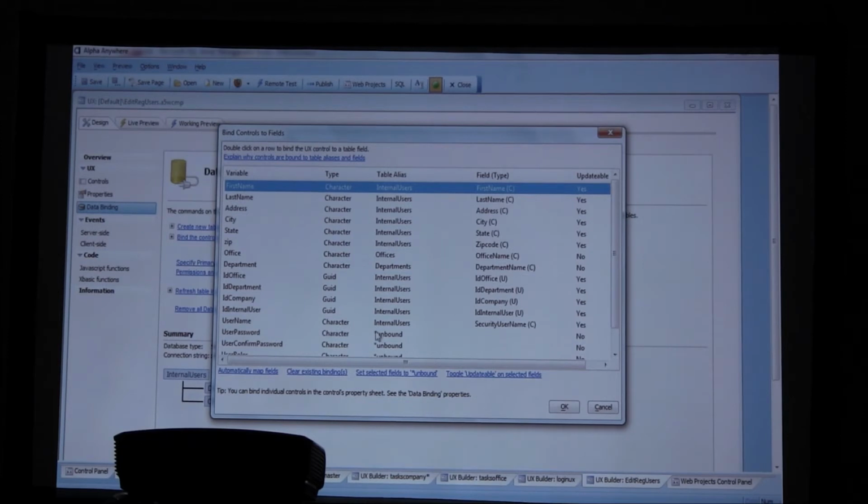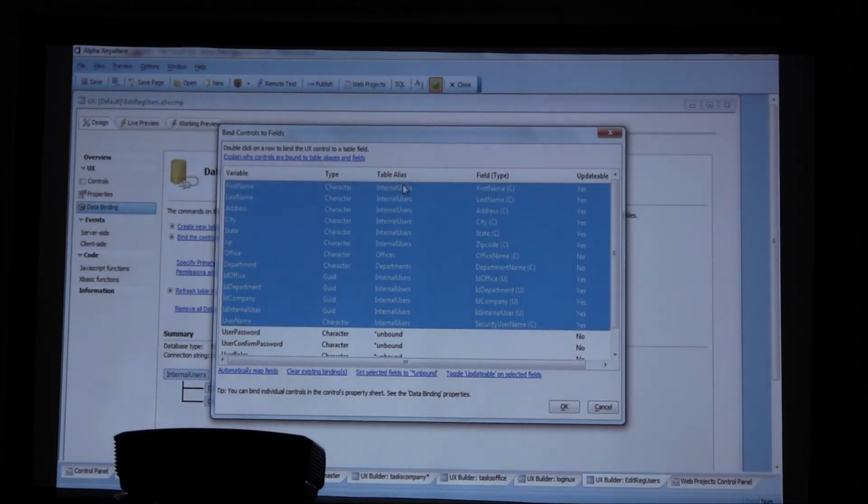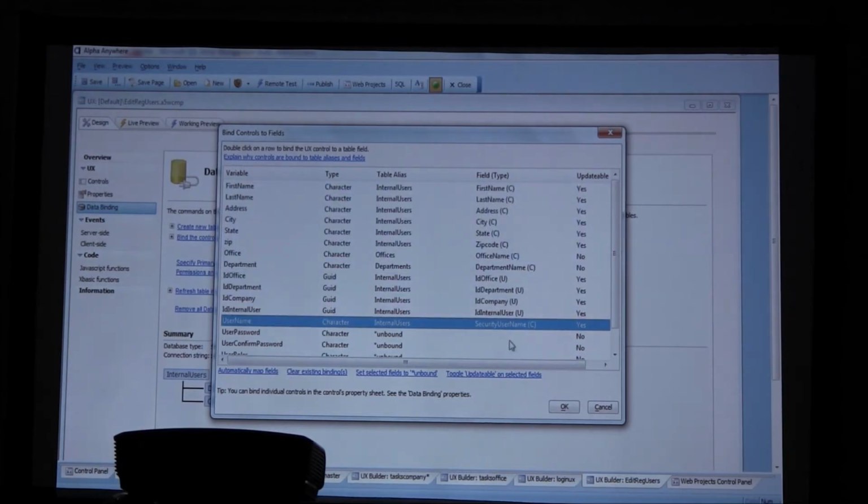The first thing we notice is everything from here on up is bound to the internal users, with the exception of the office and department. They're just display fields. Or I shouldn't say they're not editable, but we do actually save the office identifier and the department identifier. If we look here from username on down,